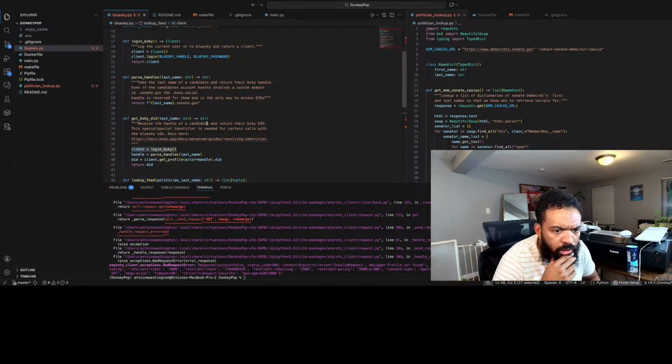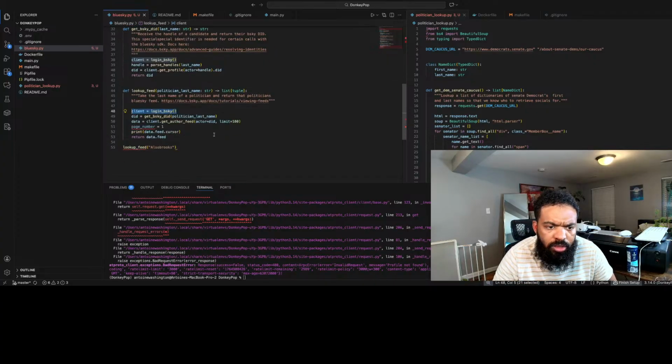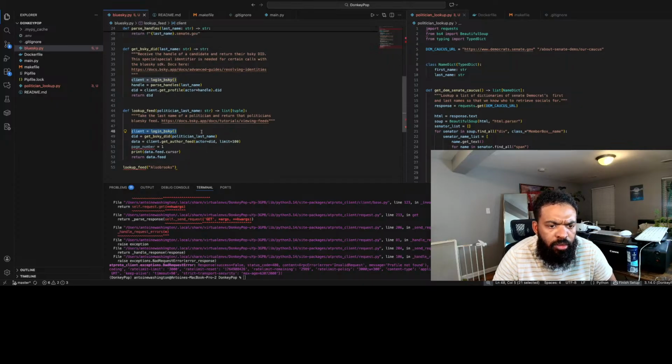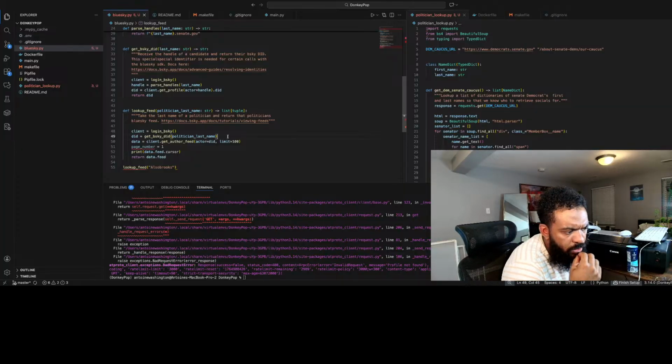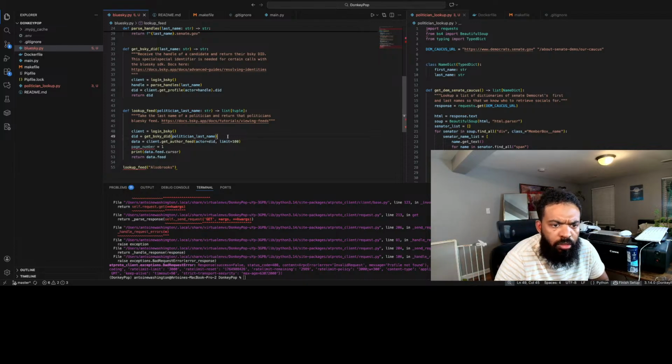Let's see. Parse handle, last name. Sign but never used. That shouldn't be the problem. What's going on here? Get Bluesky DID, politician last name. You're looking up also, Brooks, .senate.gov.